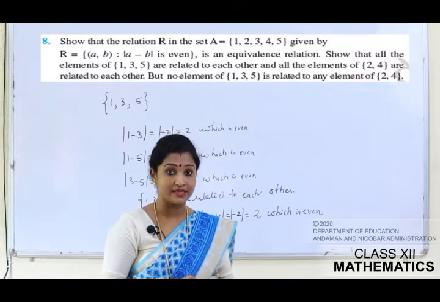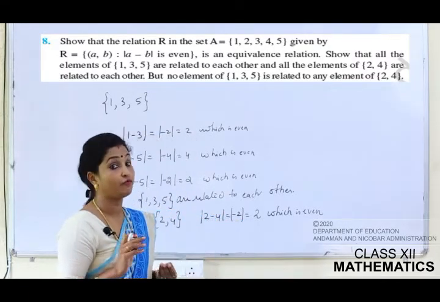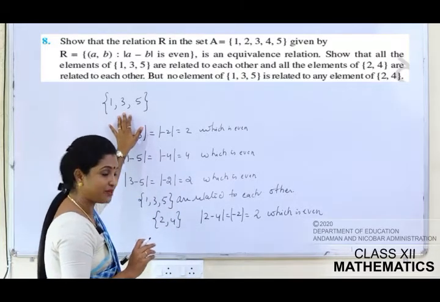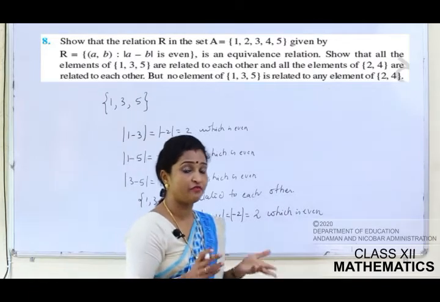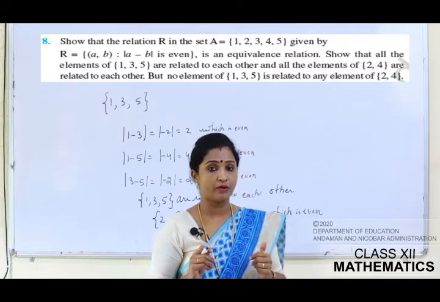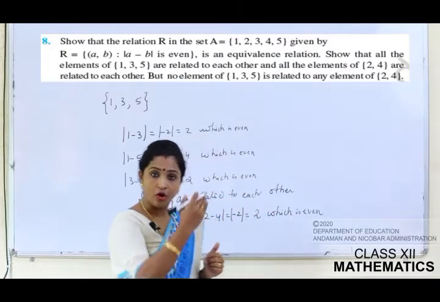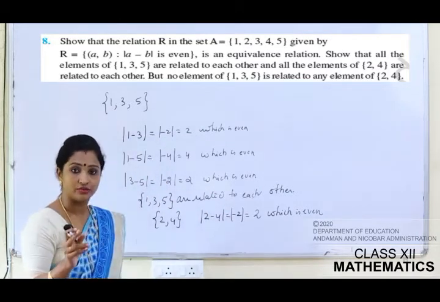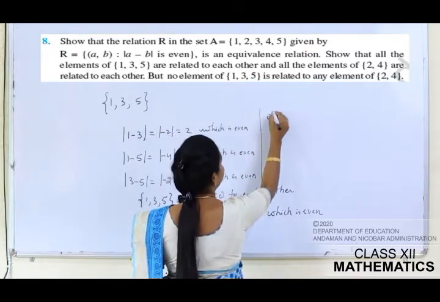But one more question is there. No elements of 1, 3, 5 is related to any element of 2, 4. See, 1, 3, 5 is the set of odd numbers and 2, 4 is the set of even numbers. Can you tell me what is the difference of odd and even? Odd और even का difference क्या number होता है? It is again odd. So अगर हम odd और even को यहाँ पे relate करेंगे, whether it satisfy the relation? No, because we know that difference